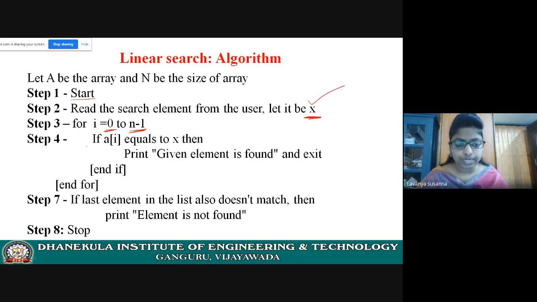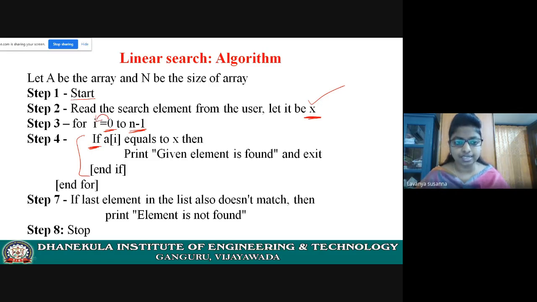Now these are the statements inside the for loop. To check the equality, you need to use an if statement. If a of i, first i is equal to 0, right? 0 will be assigned to i.